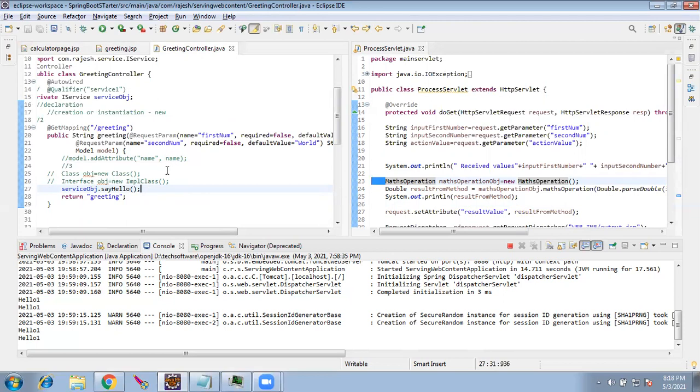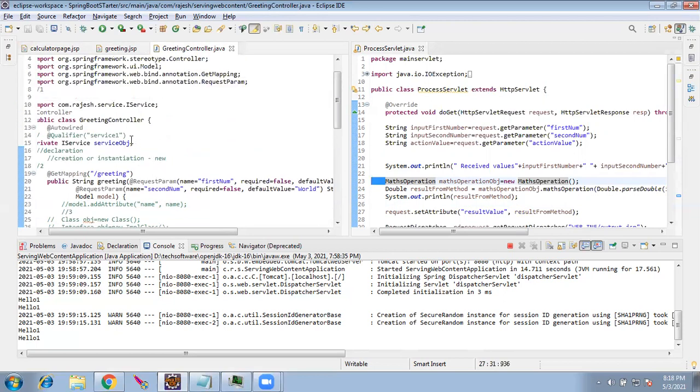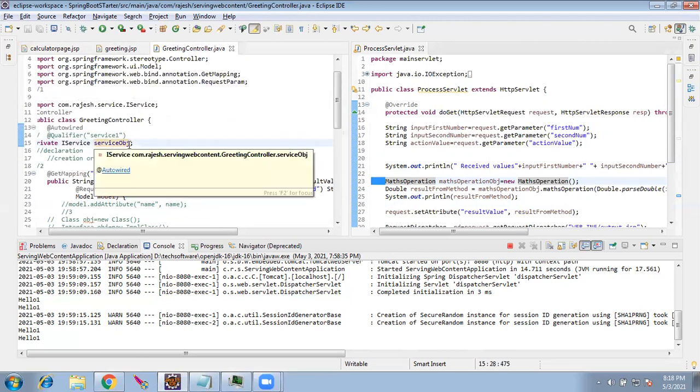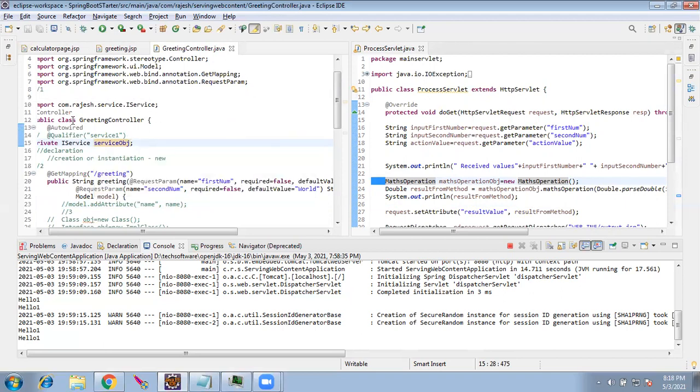So what Spring says, don't give a new keyword, that has to be taken care of dynamically using DI and IOC, which we did the other day. Here, using the word dynamically, that means by the Spring Bean factory or the Spring container.